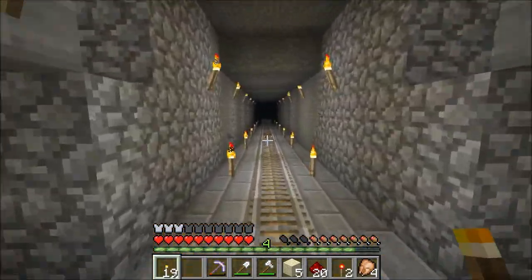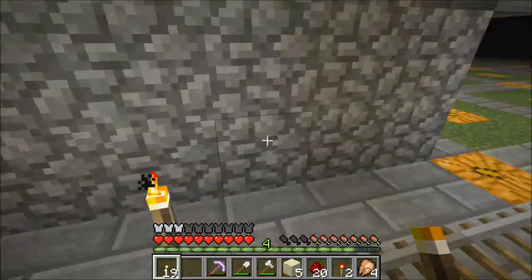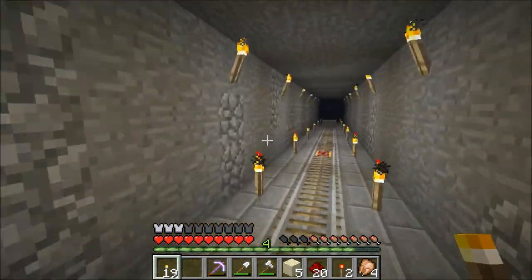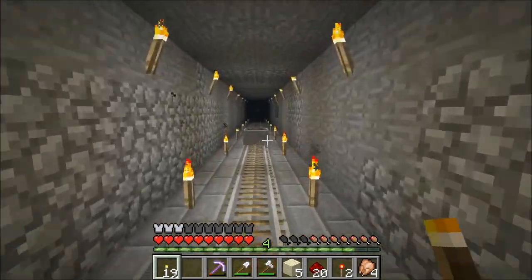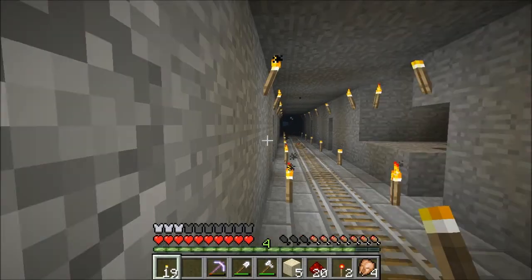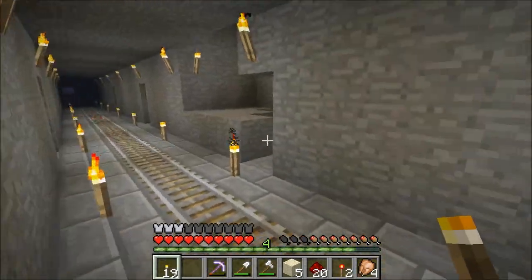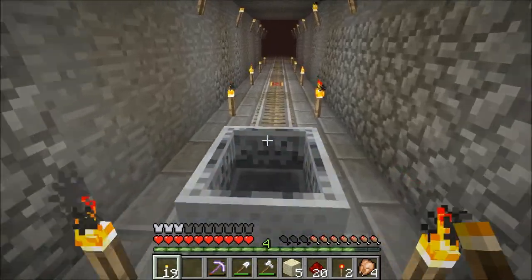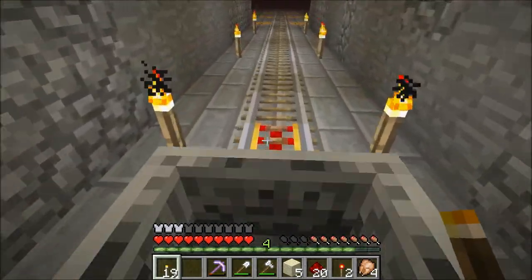This was an original mine shaft that I had dug when I dug down here before I made this room, and it wound up being pretty inefficient. It went off forever. It took a long time to traverse back and forth with materials, and it was a bit of a pain in the butt. So I've simplified that out, and